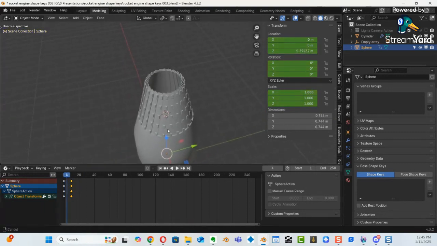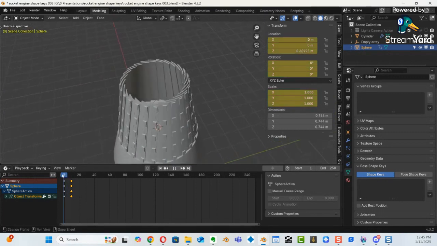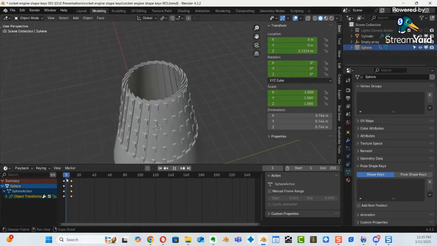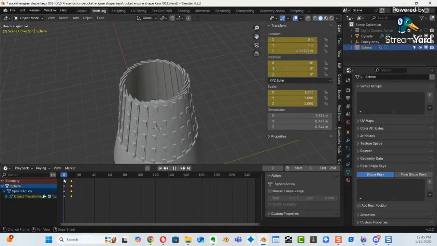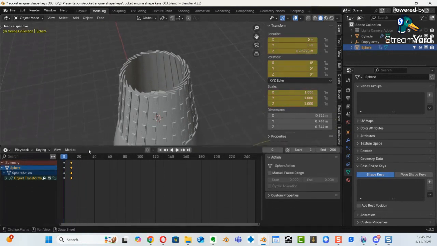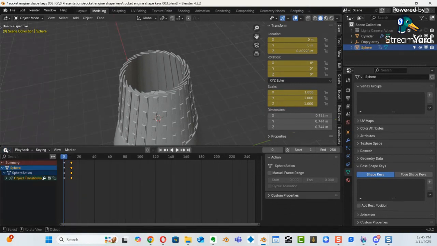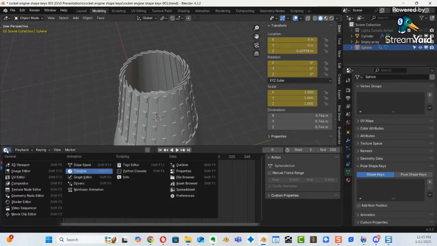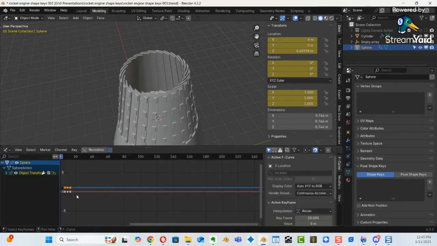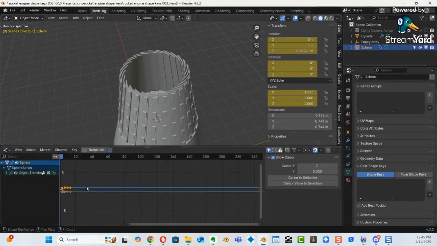All right, now I want that to vibrate, because I want that to really vibrate. So what I need is the help of my graph editor, right below the timeline. I can go up to the top left-hand corner, get the timeline symbol, click it, and go to the one right below it for the graph editor. So with all that selected,